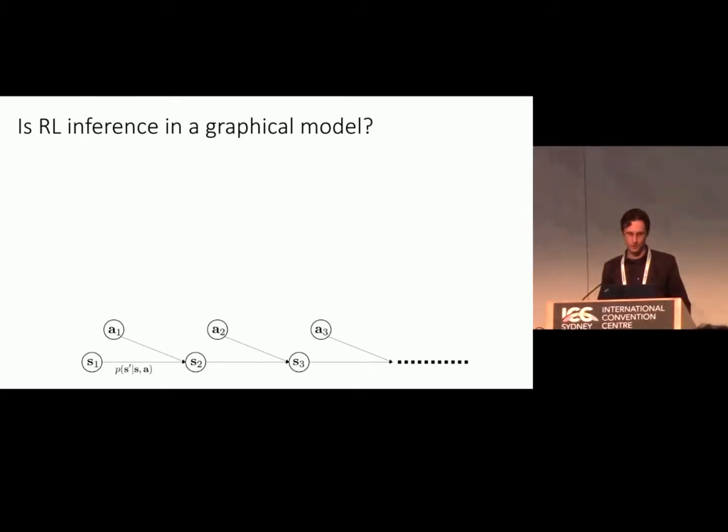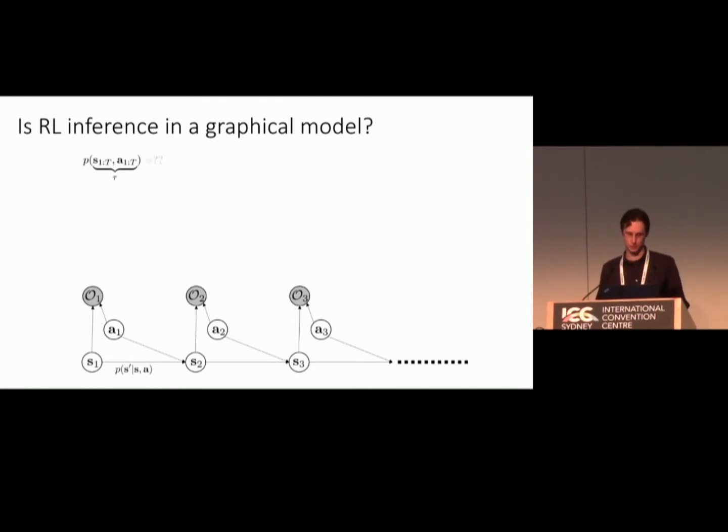In this graphical model, the next state is determined by a probability distribution that's conditioned on the current state and action. Now, if we want to fit all of reinforcement learning into a graphical model, we need to incorporate rewards into this picture somehow. So how can we incorporate rewards? Well, we can add another variable to this graphical model, which I'm going to call O, for optimality. This variable captures how good a state-action tuple is. Then we're going to try to build this graphical model and design a distribution for O such that, let's say we have binary O's and we set them all to true, when we do inference to say all the optimality variables are true,